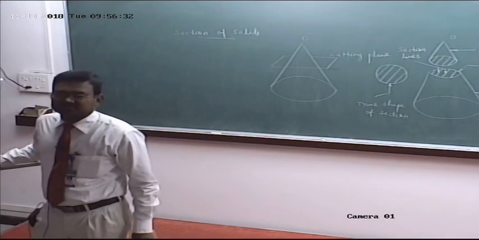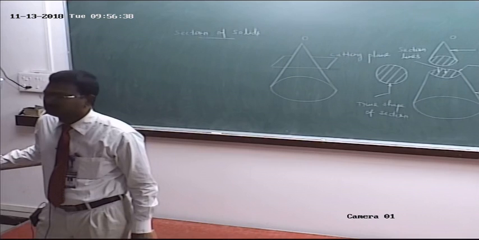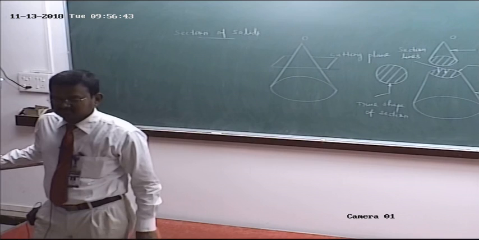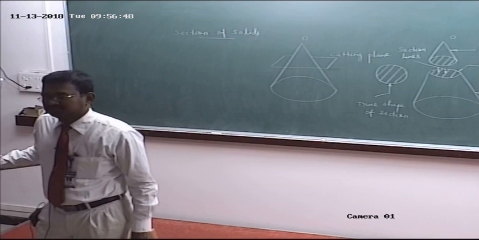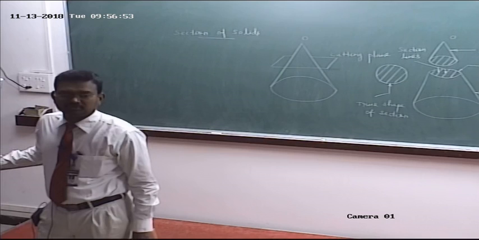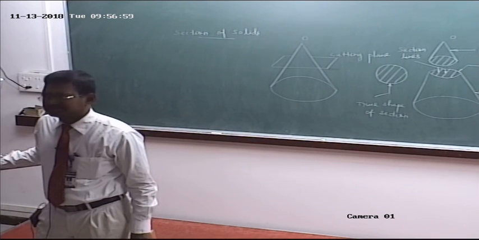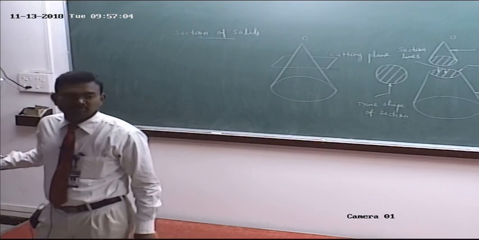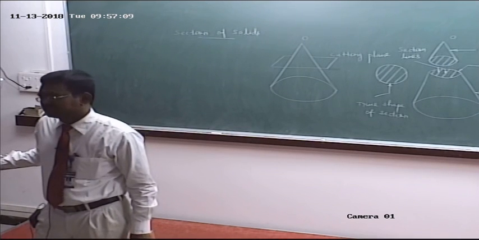At the very first class, I gave you one table, important types of lines and their applications. Refer to the table, the line types. Long chain, thick at ends and thin elsewhere. At that time I told you, when we discussed unit 3 section of solids, about the cutting plane or section plane. What is the use of that line? To represent the cutting plane, you have to use the long chain, thick at ends and thin elsewhere.